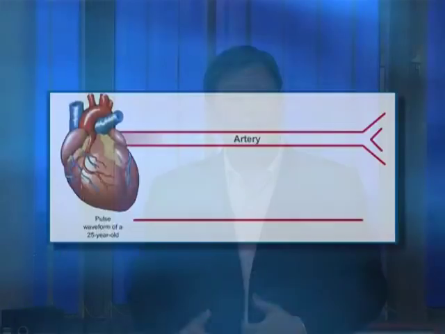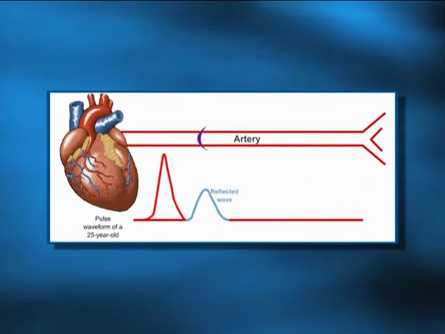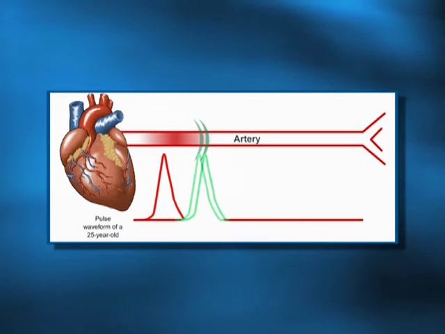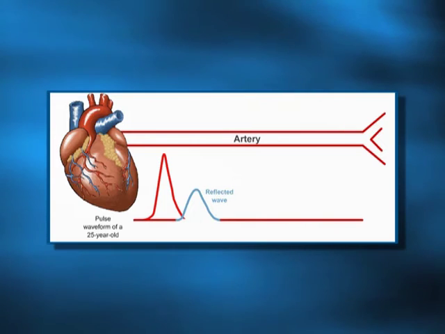The waveform is generated here and it goes right down to the big aorta and is reflected back when the big aorta bifurcates or divides into two arteries. So the speed at which the reflected wave comes back is in fact very important. If we look at a person who is about 25 years old, when he generates a pulse wave from the heart, the wave will travel down, hit the bifurcation and come back in the diastolic phase. You see, when the heart pumps blood during the systolic phase, which is called systole, when the heart rests,